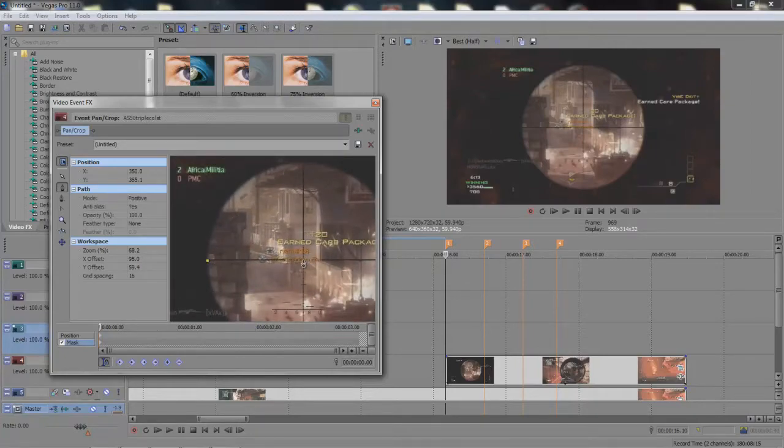So this is a simple mask. This is not how I mask in my real edits. I take my time. This looks like crap, but it's a general thing. So once you have the